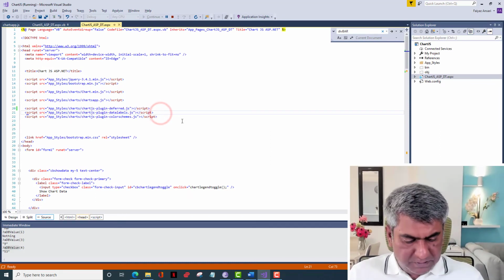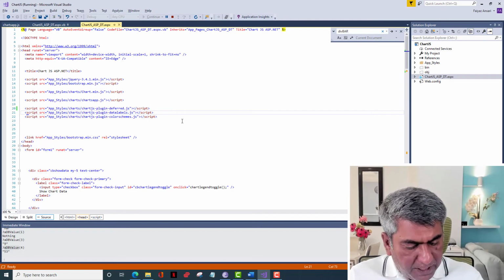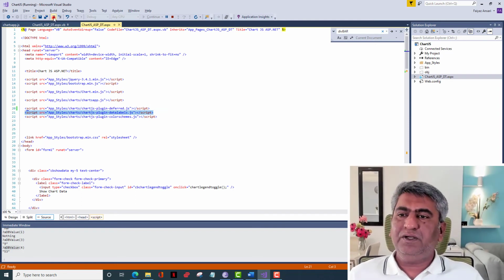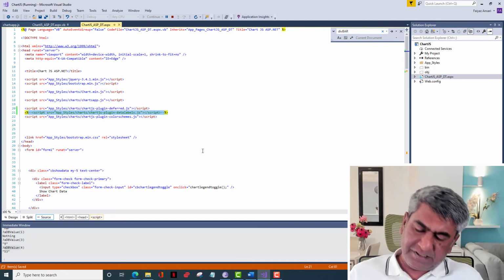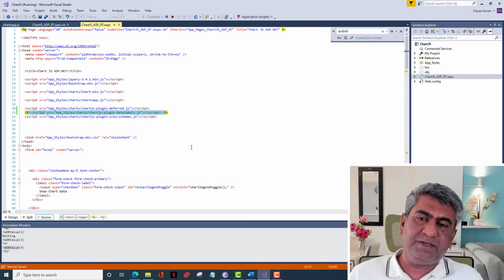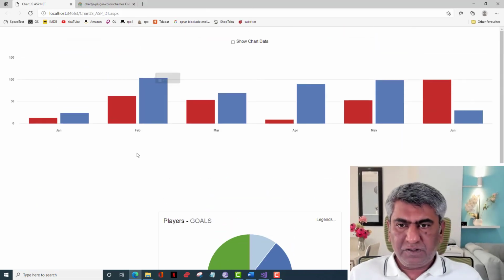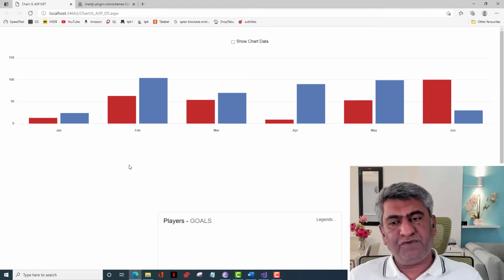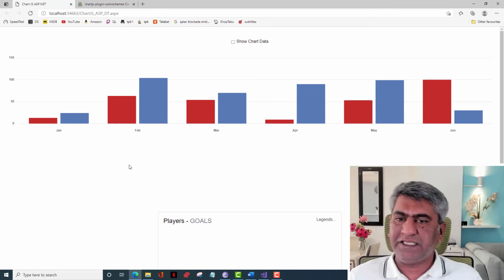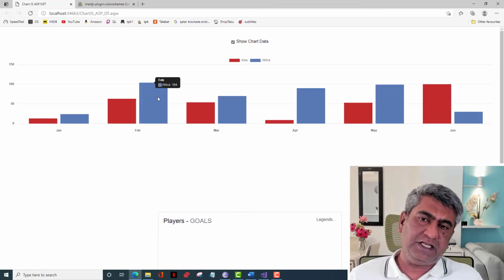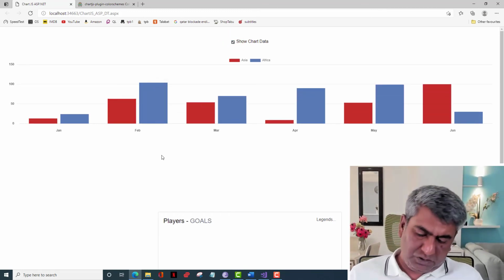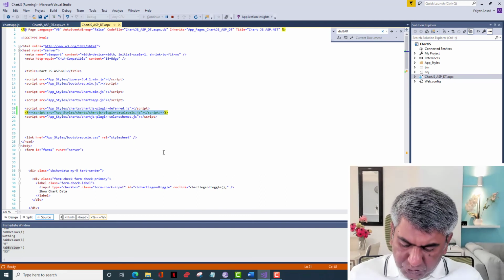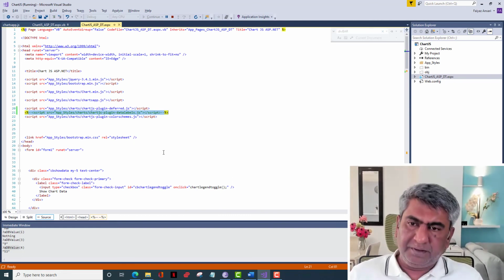Data labels. If you come to this, there will be no data labels displayed. Chart.js has no feature of displaying data labels. A plugin needs to be used for that. If I refresh this page, of course in our code at the page load we have passed false for the labels, that's why labels will not come, but we have written code here to bring the labels. See, the labels are gone. So for showing the labels, you have this plugin.